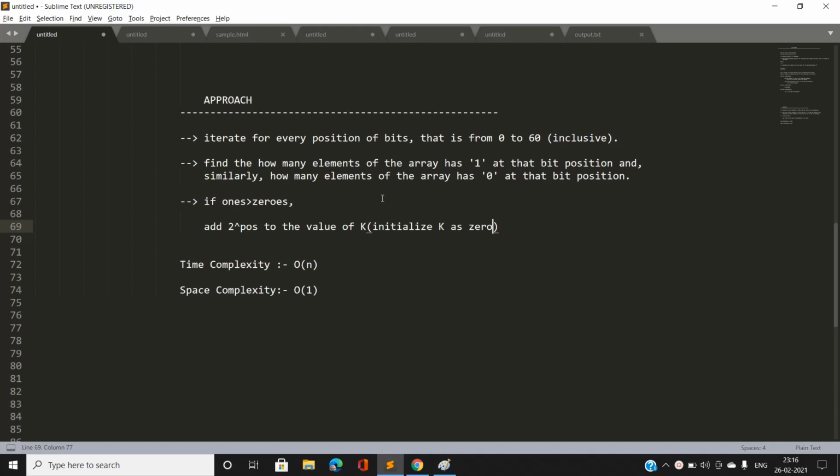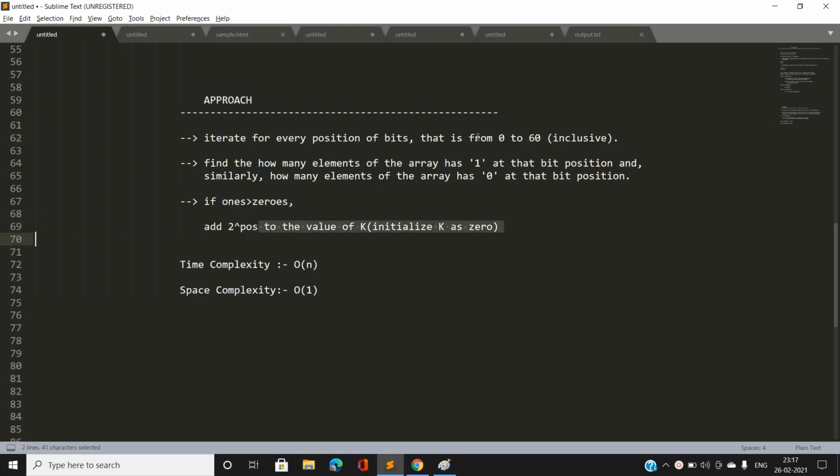We must take k as 1 at that bit position, then only the number of ones and zeros will get swapped at that bit position. So if we take 1 at that bit position for the value k, then this will contribute to the number k. So I'm going to add 2 power position. I'm going to do this until position goes up to 60.